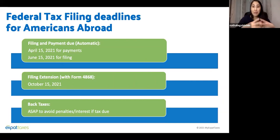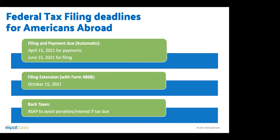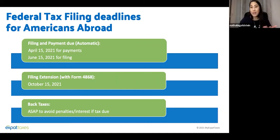So if you think you have tax due, you have to make the payment by April 15th. Otherwise, there's interest. Again, a lot of expats just file and pay by June 15th. Just keep in mind that if you pay 2 months later, there's going to be interest that's accrued. It's most likely not that much, maybe $10 or so. But obviously, if you want to pay the minimal amount, make sure you pay anything you think is due by